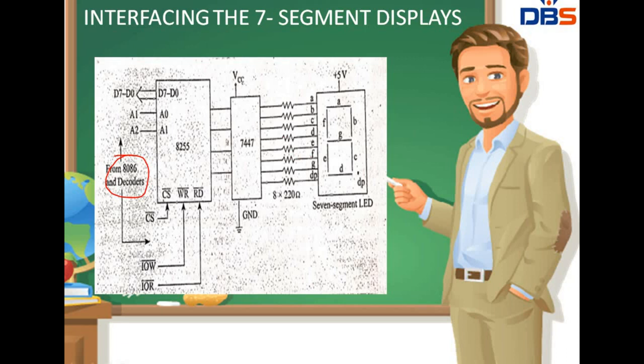That means, as we have seen, that is a common anode. Whenever we connect the segment pin to logic 0, or logic low voltage, then only it is going to glow. Whenever we give a logic 0, the LED becomes forward biased and illuminates, and vice versa for the common cathode, where we give a logic high. It is easy to interface these 7-segment displays with the 8086 through an 8255. It will be pretty much easier.